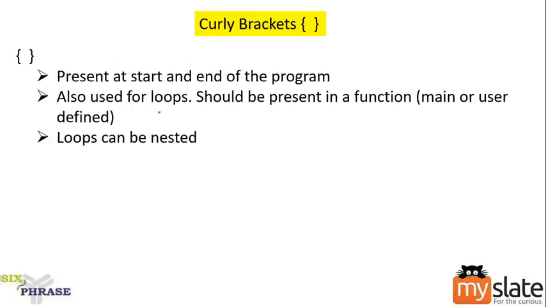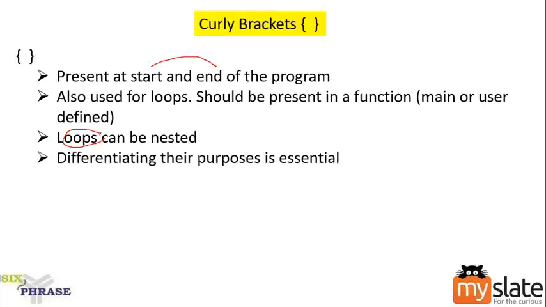See, now I know that curly brackets have two purposes. What are the two purposes? Start and looping part, which means we need a differentiation, right? I can't just proceed whether I have a curly bracket or not. It is not like angular brackets. It is having two purposes here. So differentiate the purposes. How am I going to differentiate it? I'll differentiate it as for the start and end.